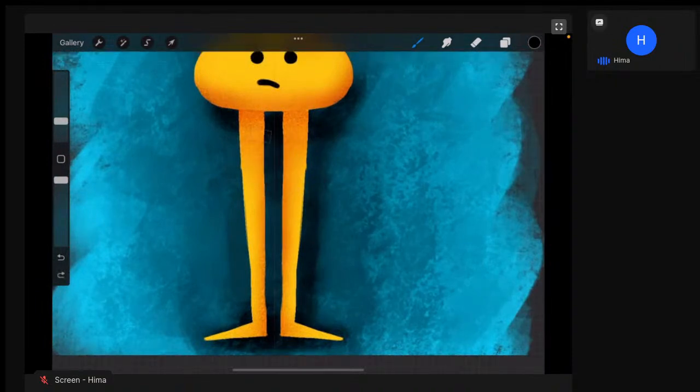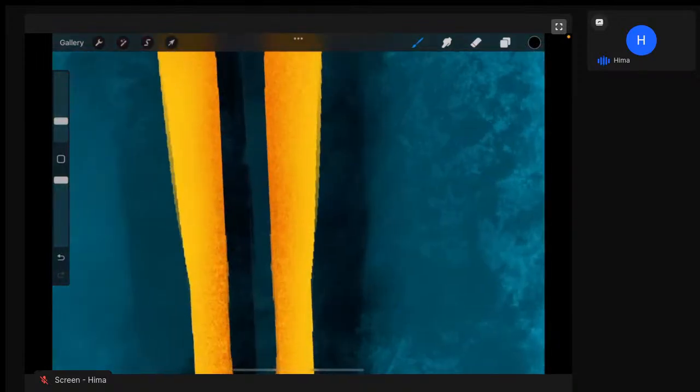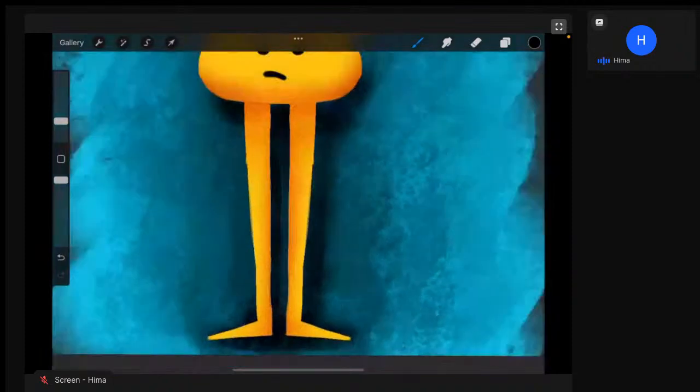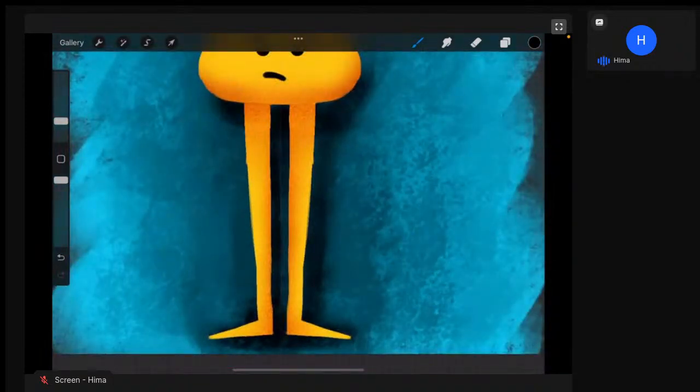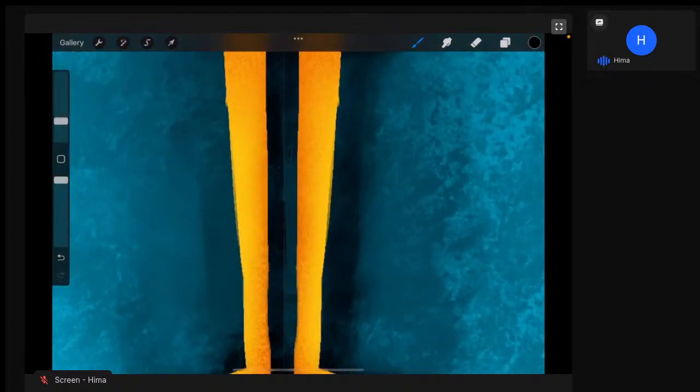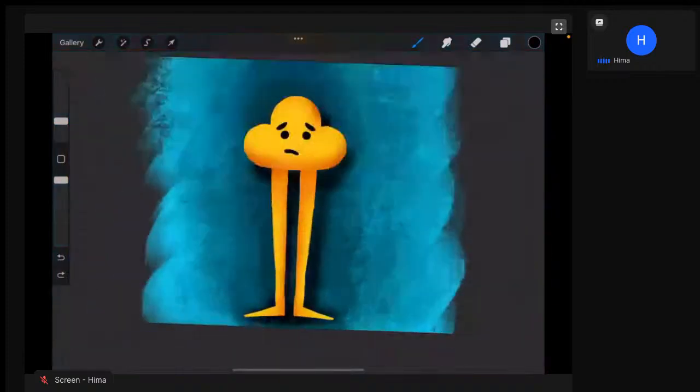I think I'm gonna make this a little darker. So you see that blue over there? That is because in between his legs there's a space, right? So a little bit of light is still going through that, and this black part is half of it that's blocking it. So